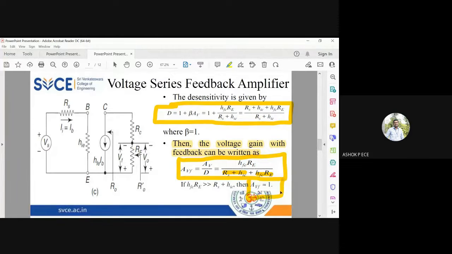So theoretically, whatever we said, the common collector amplifier has a gain of 1. That is proved mathematically and practically here. It is approximately 1. So practically it will be less than 1. Okay, practically it will be less than 1. So AVF is approximately equal to